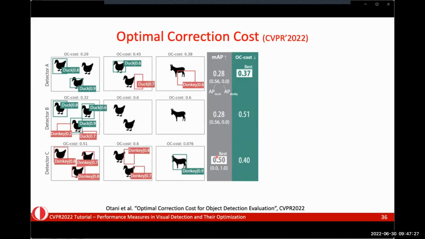On the other hand, detector A and detector B achieve equal AP scores, 0.28, although their correct detections are not distributed homogeneously. The first one gets 2 correct detections in the first image and 1 correct detection in the second image, but the detector B gets all the detections correctly in the first one, but none in the second one. So this example basically illustrates the biases of AP over images and over classes as well. As a fix,